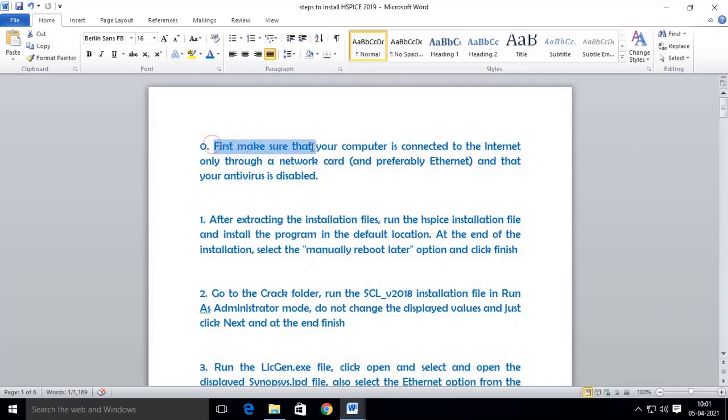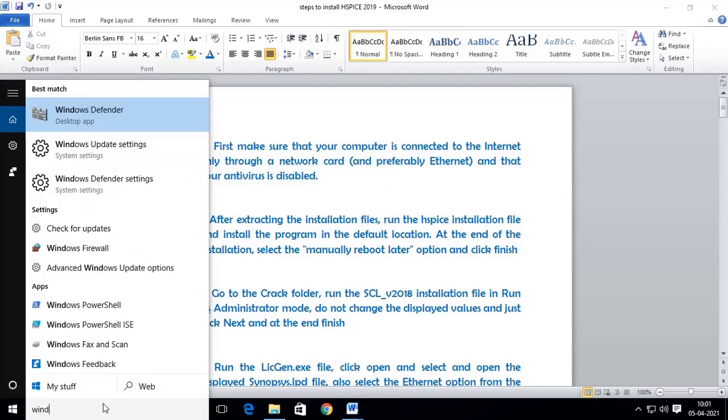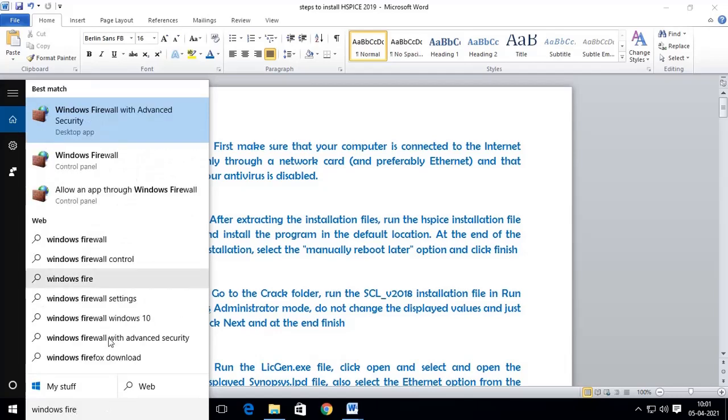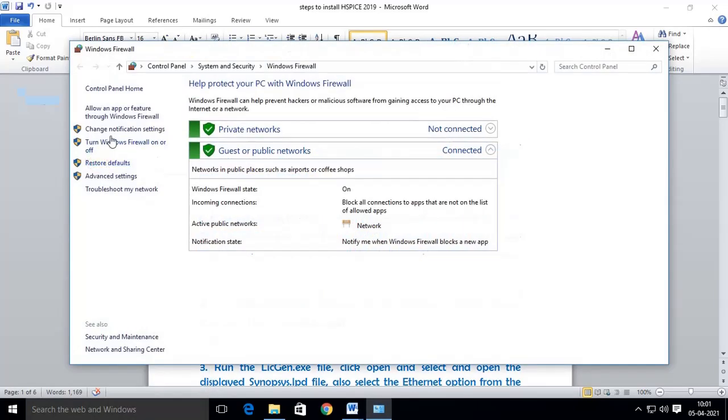So first make sure that your computer is connected to internet, and then turn off the Windows security and disable the antivirus. So this is how to turn off the Windows firewall security, and also the antivirus disablement.